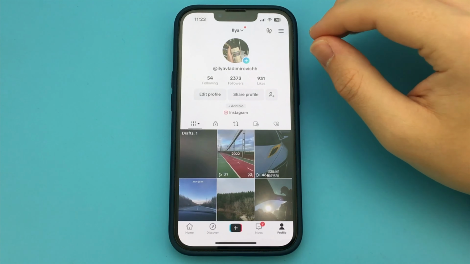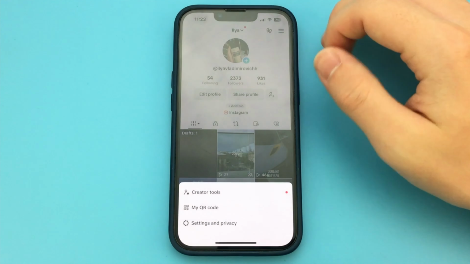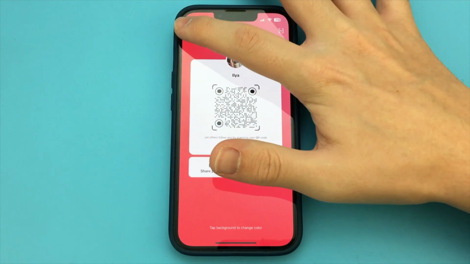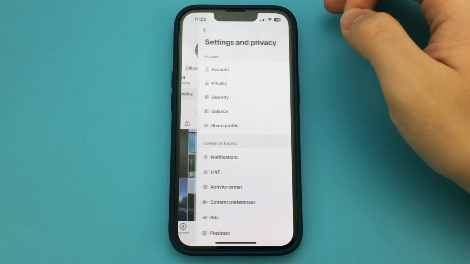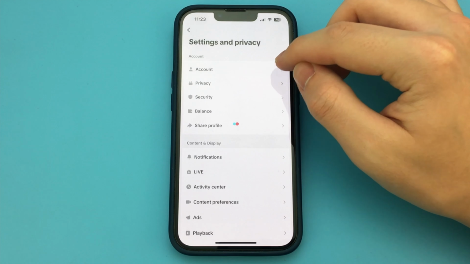Thank you. In this video, how do I change my phone number in TikTok? To do this, you go to the TikTok application, then click on your profile. Now click on the top 3 bars and select Settings and Privacy. Now here you click on Account. Here you have User Information, select it, and here we have Phone Number.